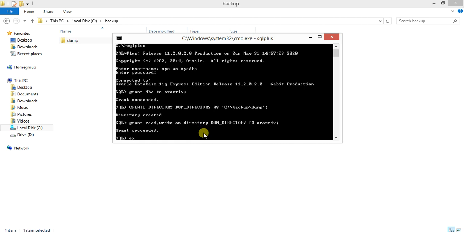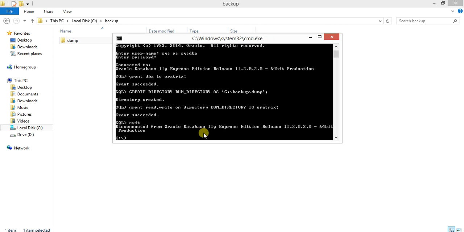Now we have to come out of this environment, and now we are going to execute the expdp command. So Oratrix is the username and Oracle is the password, and we want a full export. The directory is dump_directory, right?